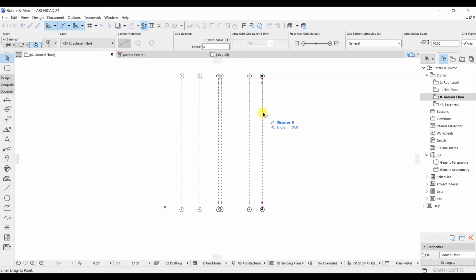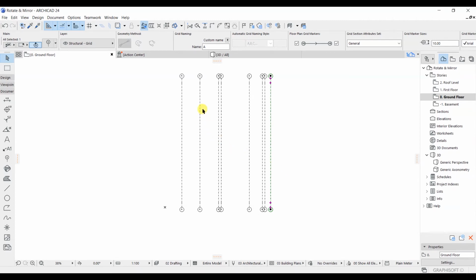again Ctrl D, select this line, Ctrl, this will be 600, enter, and again Ctrl D, select this line, Ctrl, and this one is the last one, that is 1350, enter. As you can see here, we have successfully created this grid. On this direction, you may call this one the X direction. So in this way you have to set up the grids.